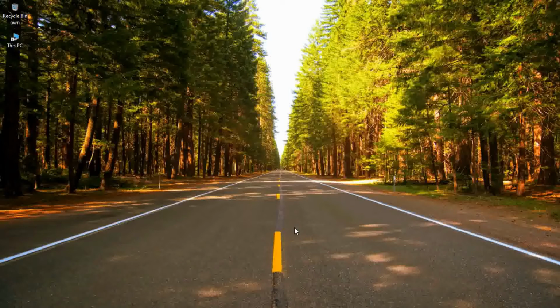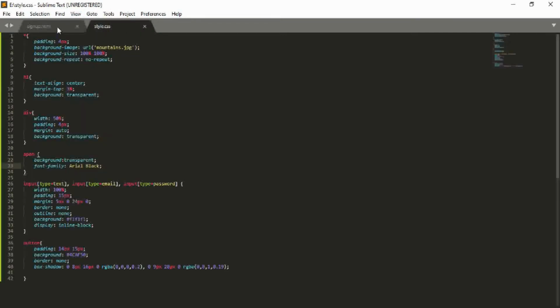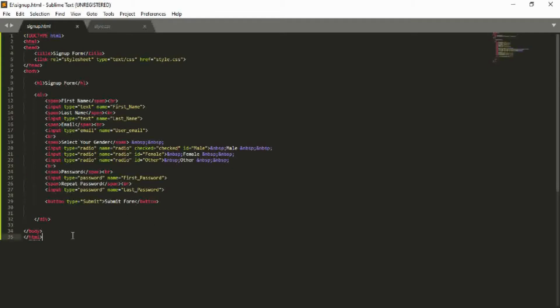Open text editor. Guys, these are the codings which I used in the previous video to create the sign up form. Okay, we can start JavaScript coding. Guys, JavaScript coding's starting tag is script and its ending tag is /script. Guys, it will be a little bit mathematical. Okay, so here what we will have to do, var x is equal to